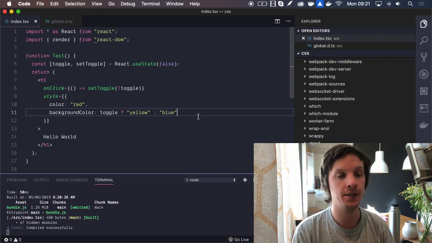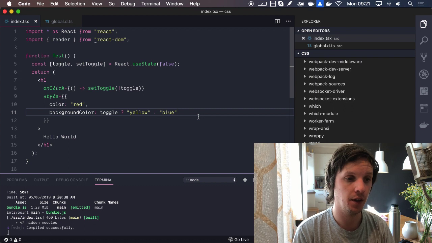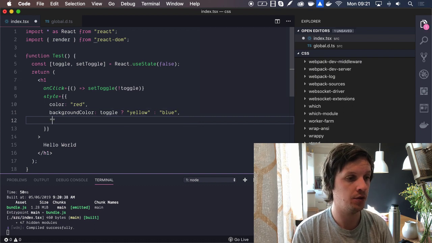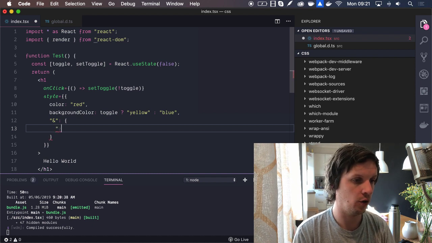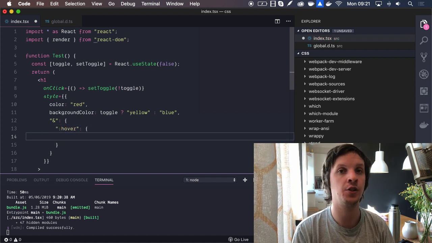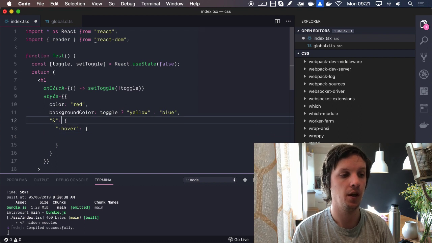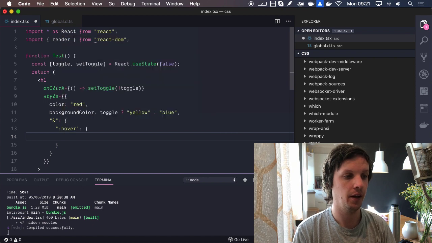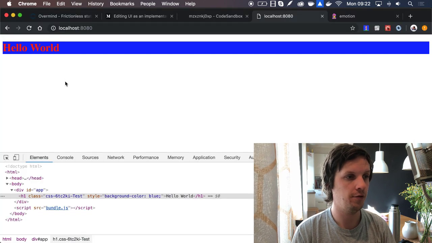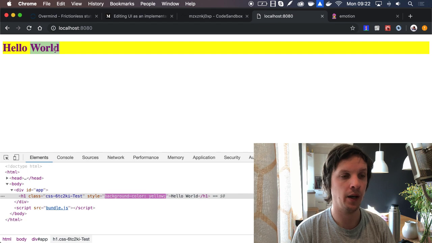What's also kind of cool here is that you can of course use selectors. So if I use this property, we can define selectors here. So I can say hover, and this is basically just because of TypeScript we do this, because now we still have the typing here correctly, and we can say color is purple. When I hover, it changes, and then we have everything.